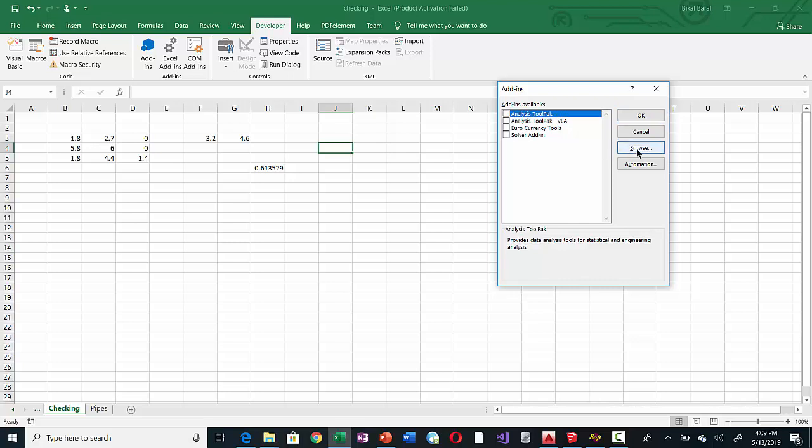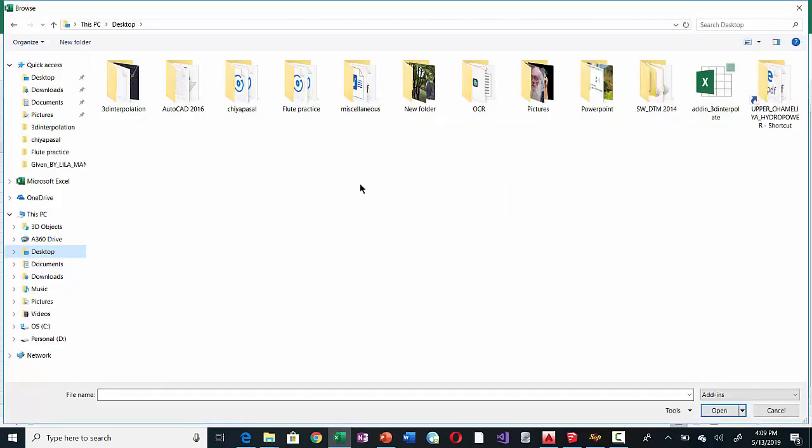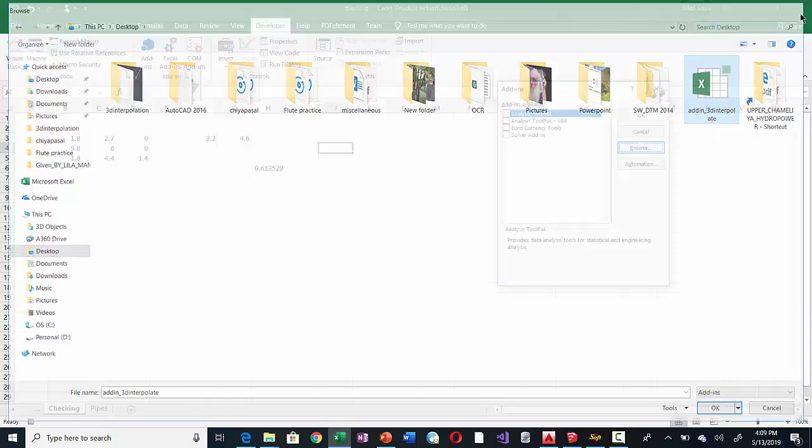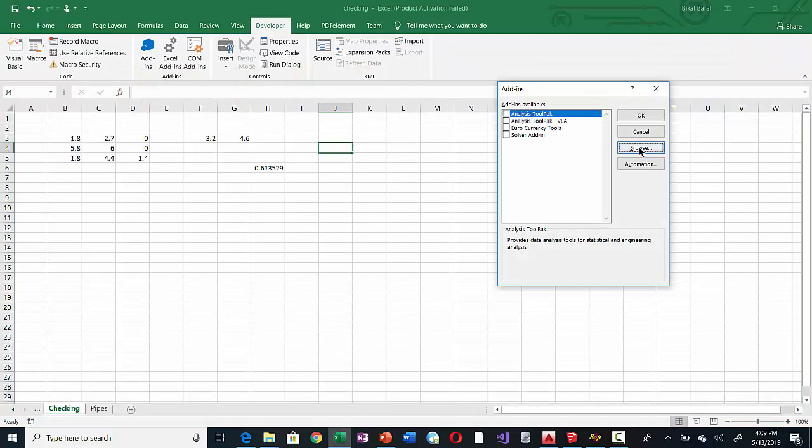So we are going to browse. I have already made the add-in. This is add-in 3D interpolate. I have kept it in the desktop, so we can use this location as the add-in. But my recommendation is, do not keep this add-in in the desktop because there is a chance of misplacing it or deleting it. So the better idea would be just go to browse,